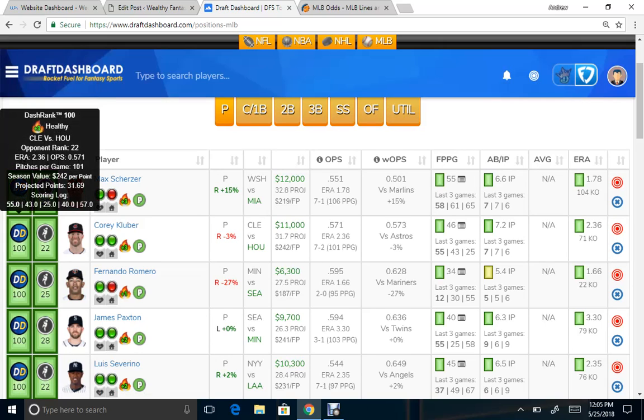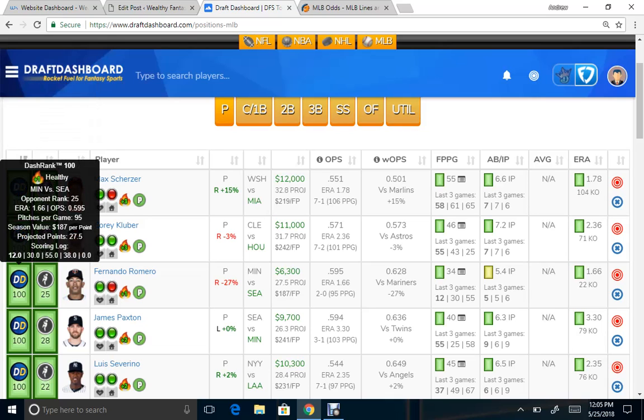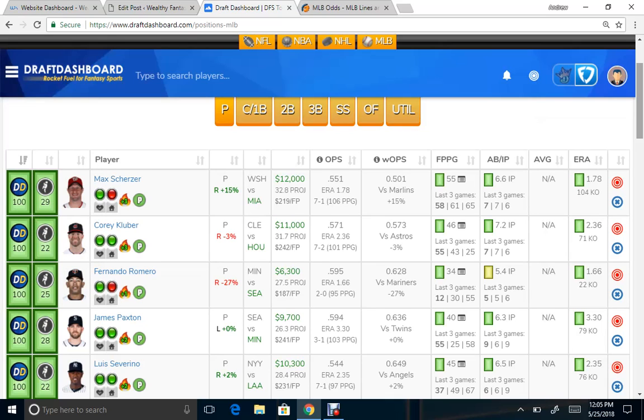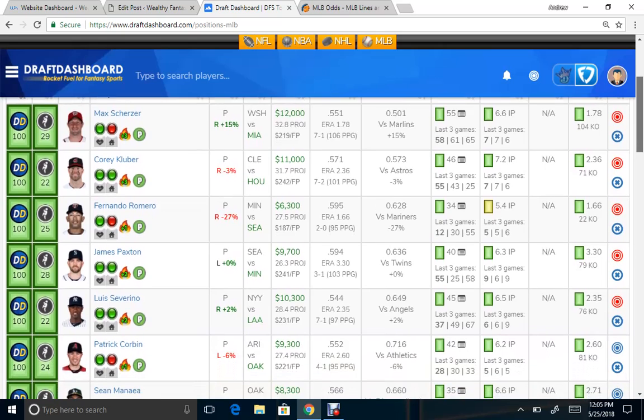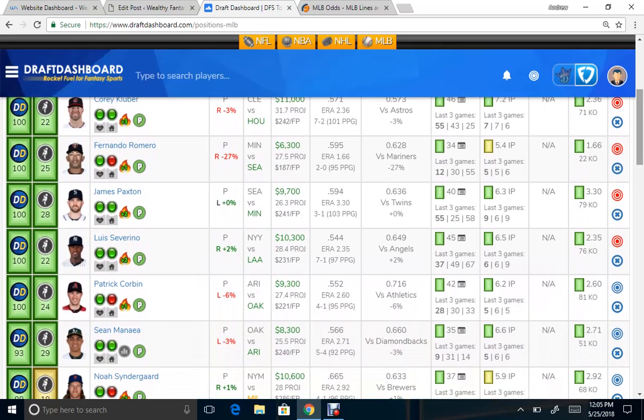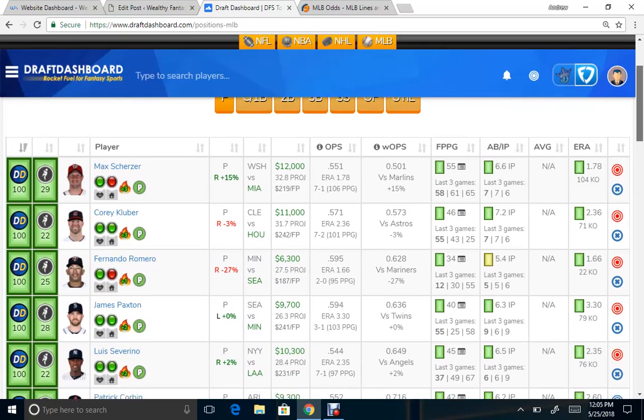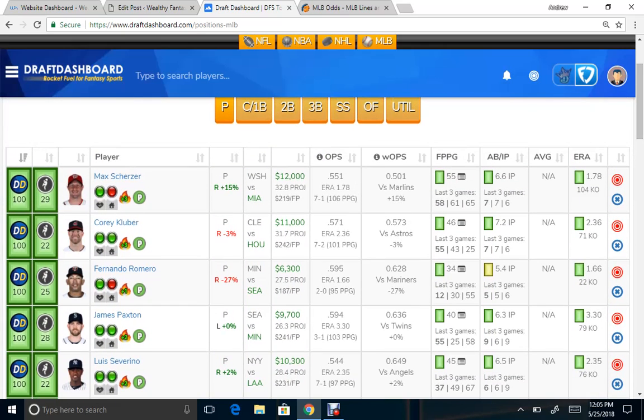But Kluber, as well as Romero, Paxton, and even Severino and Corbin, are also considered top pitchers according to those algorithms. So to get the best weighted OPS, we just order this up